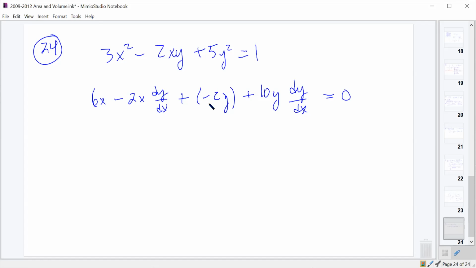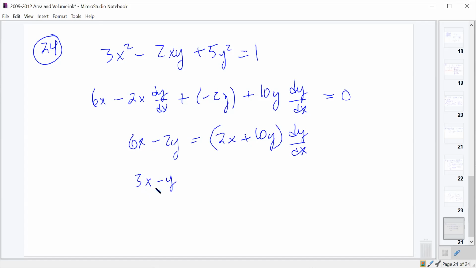And we'll take everything with the dy dx to the other side. So we have a 6x minus 2y on the left, and a 2x plus 10y multiplied by dy dx on the right. Those are all divisible by 2, so we might as well do that. And we're going to divide by the x plus 5y that's left. And that should give us,